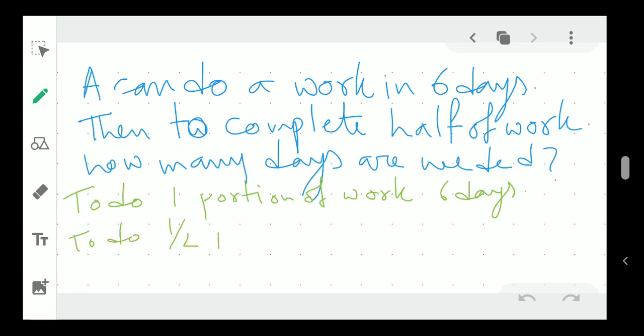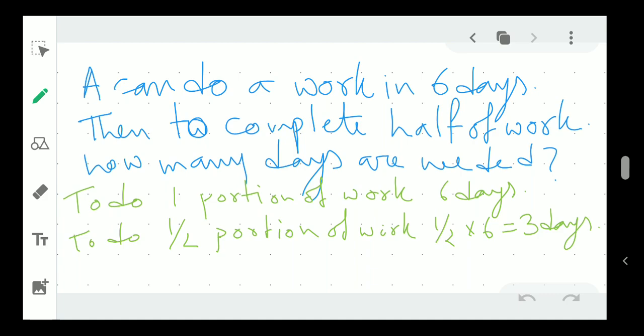Okay, so to do half portion of work, now in this case you can see that you are coming from one, like one person is having 2 books, so 5 persons are having 2 into 5, that is 10 books. So it is the same logic. So from one, when you are coming, you have to multiply. So one portion of work can be done in 6 days, so half portion of the work you have to just multiply. So half into 6, that is 3 days. So this kind of math can come.